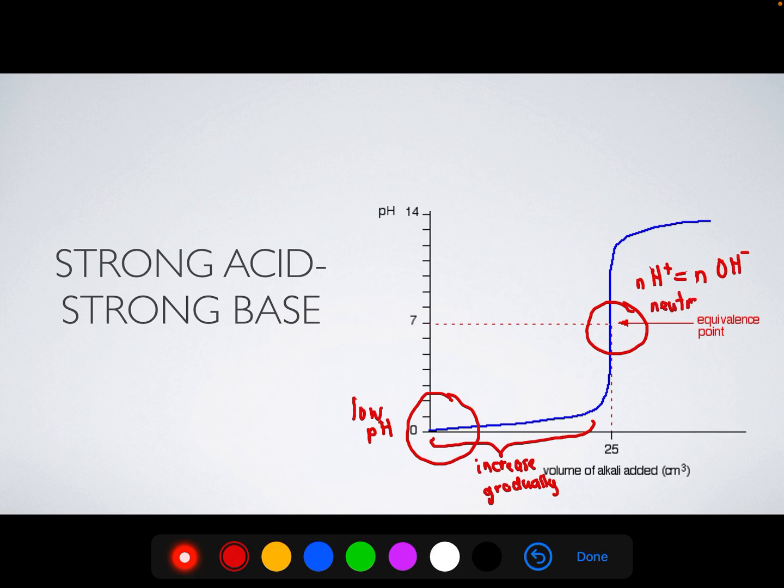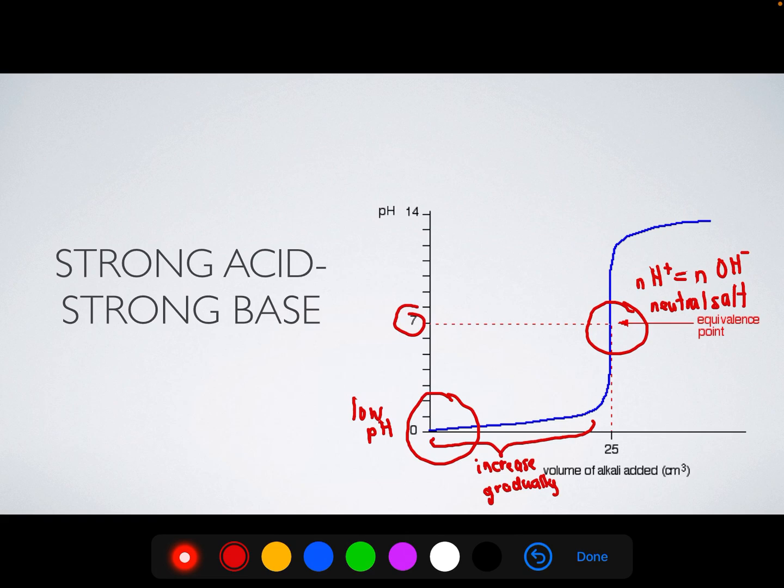Dekat dalam kita punya conical flask sekarang cuma ada neutral salt sahaja, sebab acid dan base kita dua-dua dah dalam keadaan sama number of mole-nya. So tak ada yang more than the other. That means dalam kita punya conical flask tu sekarang hanya mengandungi neutral salt. So pH of water and neutral salt is 7. So kalau kita tengok equivalence point dia berlaku at pH equals to 7. Okay. And because of this